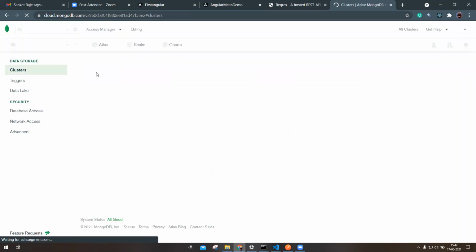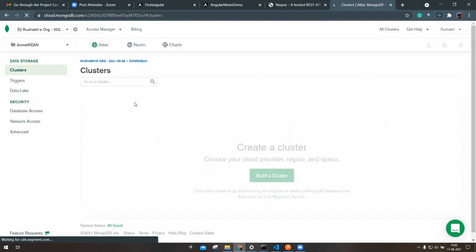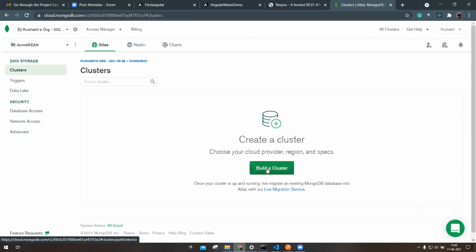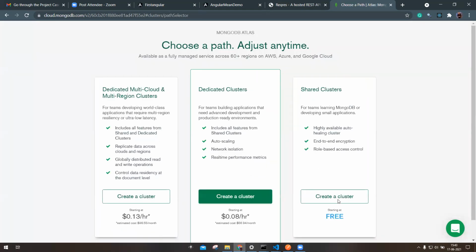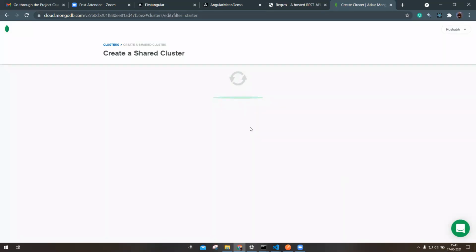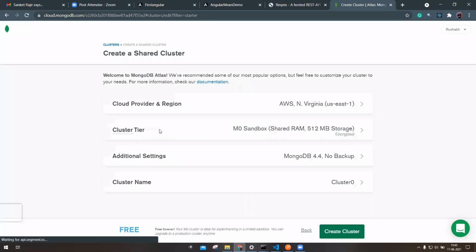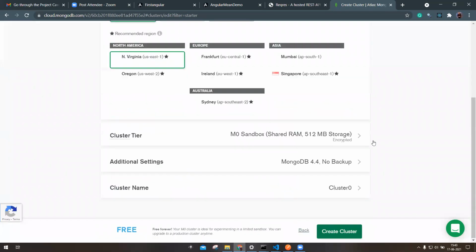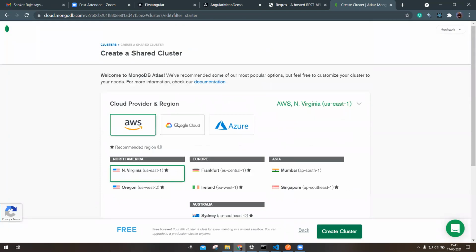After successfully creating a project, we have to start the cluster. So we have to build a cluster here. Hit build cluster. You can go for the free one, create free cluster. It will ask some questions about which region we want our database in.